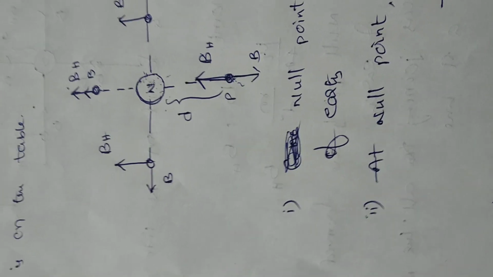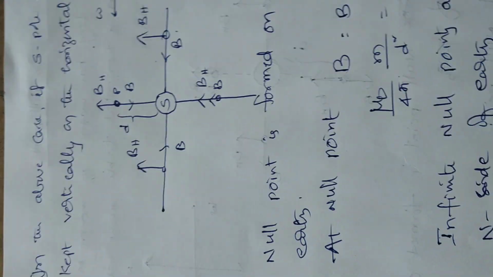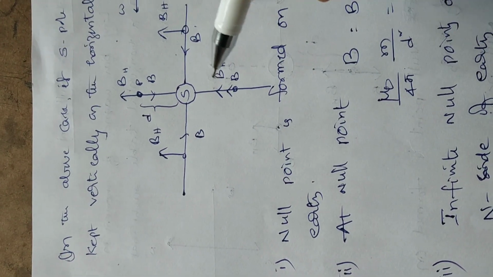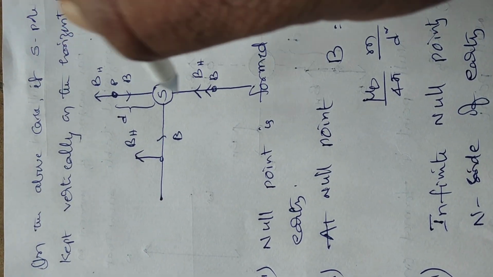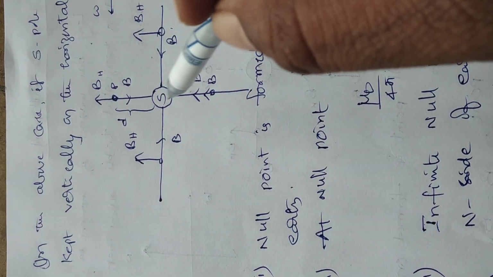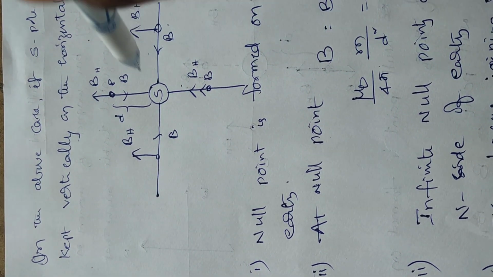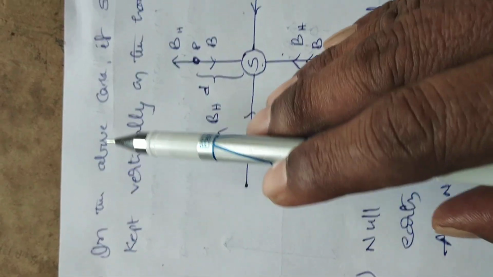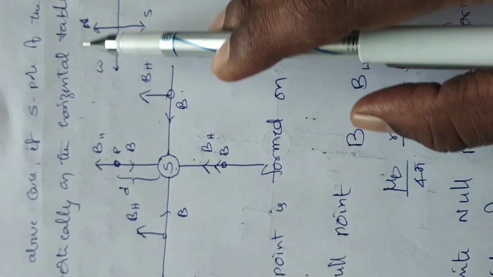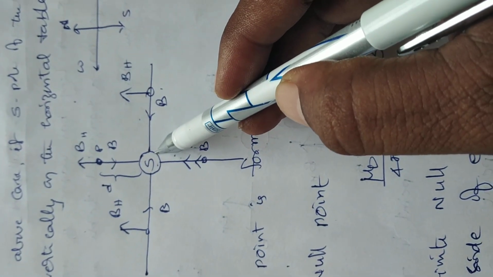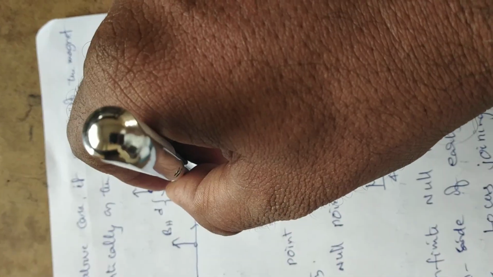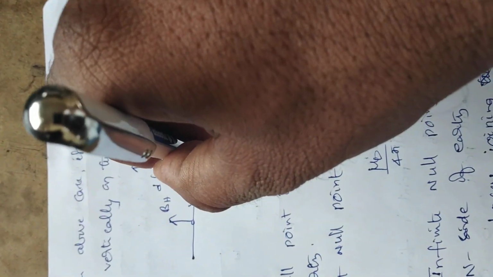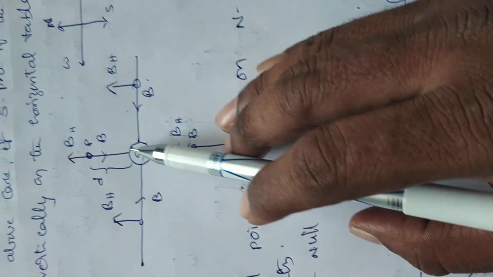There is another example or another application. Suppose in the previous application the north pole was kept on the table, but here the south pole of the magnet is pointing down, with the magnet in vertical position on the horizontal table. So, if the south pole of the magnet is kept vertically on the horizontal table, it is a south pole, and there is no influence of the north pole because the north pole is towards the sky.